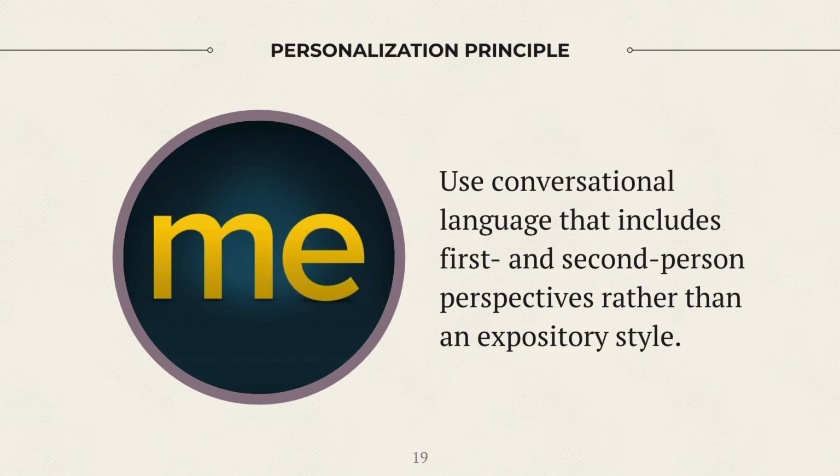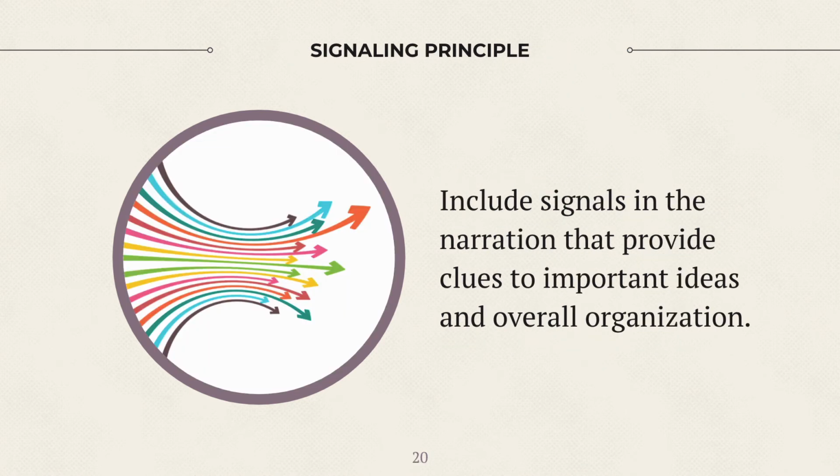The eighth principle is the personalization principle, and it primarily focuses on the language that is used in multimedia. Whenever possible, incorporate first and second person perspectives using narration. Finally, the signaling principle involves clues that help learners attend to key information that will help them recall and transfer